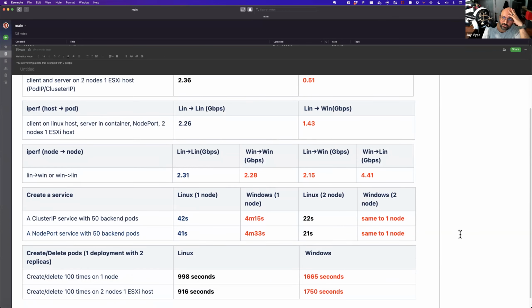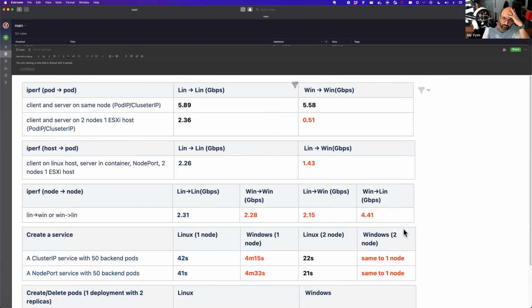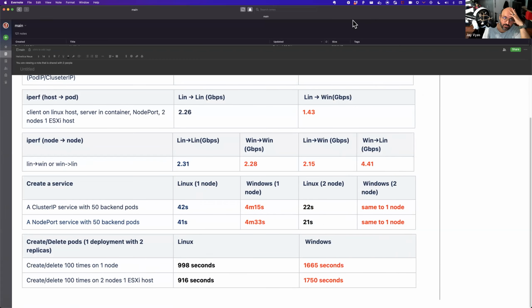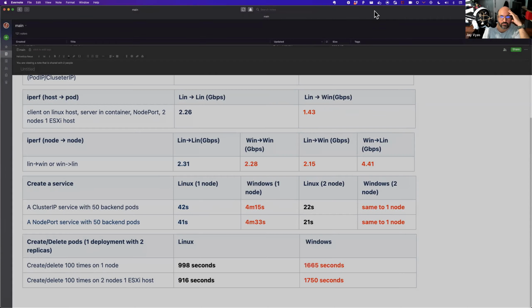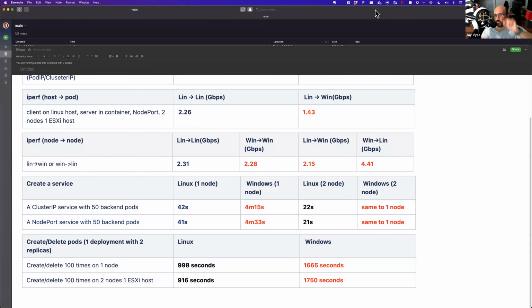My experience with these performance tests when we ran them the first time was that what you see on Windows is that packing things densely is where you run into issues. It's not so much that it doesn't work, but it just takes a while to get there. And it might take more resources. But overall, there was nothing that was an order of magnitude worse than Linux.